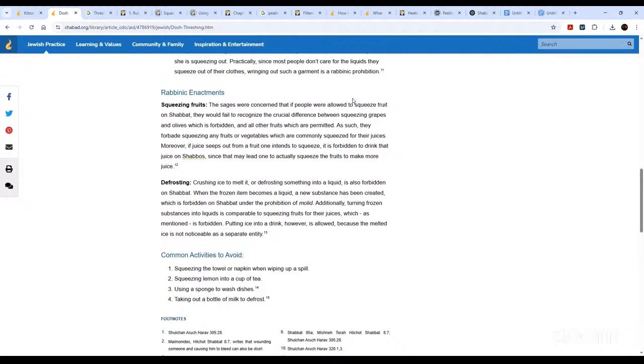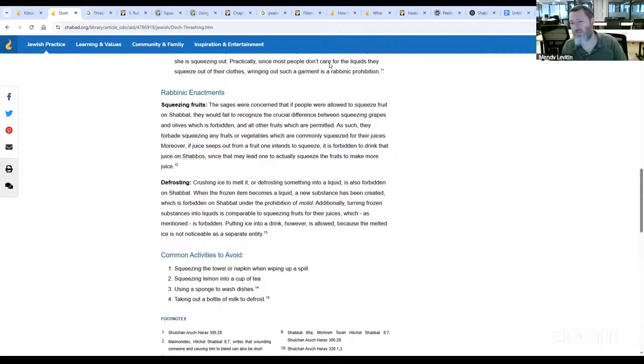Okay, but what about a pestle and mortar? Not a mortar, but you have the pestle-like thing, and then you put a lime or a lemon down in a cup. Now you mush it, so some juice comes out, and then you pour alcohol over it for making a drink. No, squeezing, no, that's not allowed. You're not allowed to squeeze a liquid. If you leave the whole fruit in there,